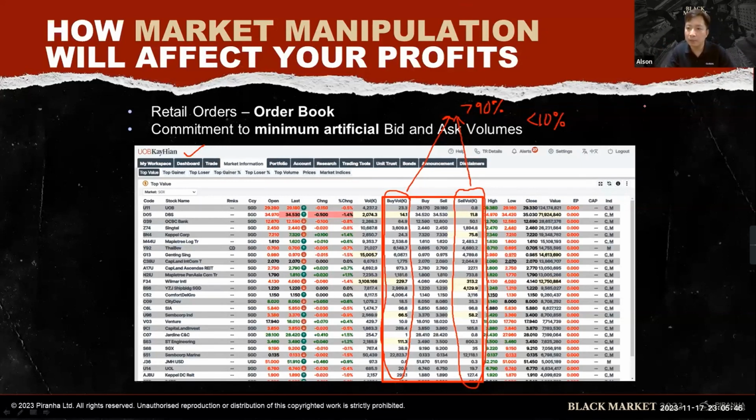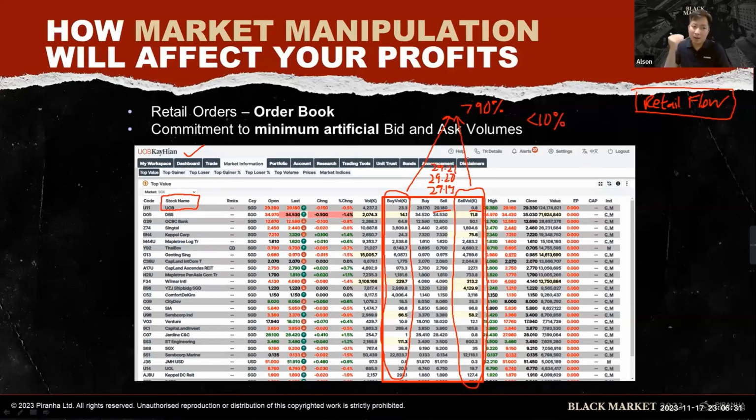And also from this thing called the retail flow information. So what do I mean by retail flow information? For example, this is a UOB stock, right? Then let's say here at $29.18, there are 800 shares. Then let's say there's good news and all of us go and buy UOB at $29.18. Then we keep buying, $29.19, $29.20, $29.21, and we keep buying and buying and buying.